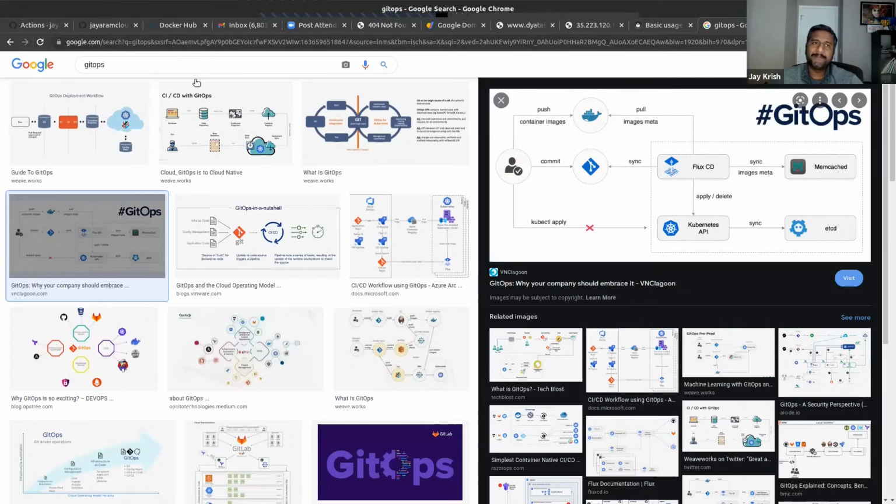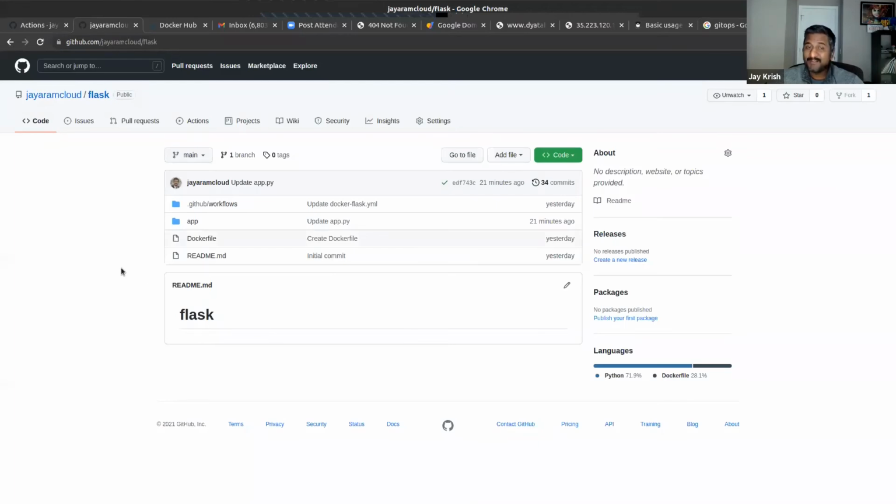And also, because it is a pull model, we should be more cautious with the branch. Almost always, let us say the main branch is what is configured to be pulled in this repository, whatever this application is, of the YAML file. Okay, not the Docker file, not this app, not this repo. Let us assume we have a repo for our YAML files. Maybe as soon as tomorrow evening, I'll show you how this Flux works and how we can do a deployment. And that guy will pull from here.